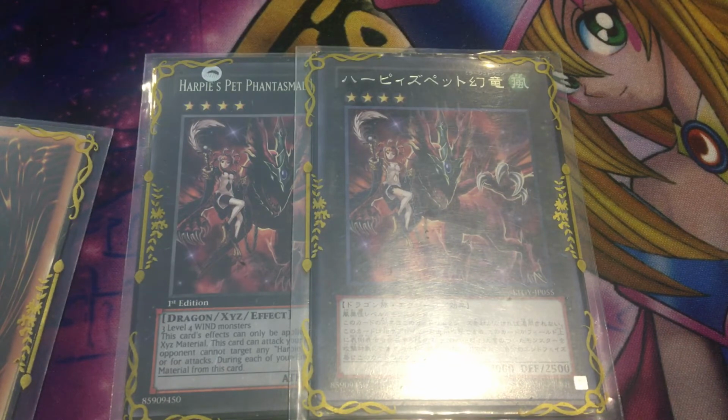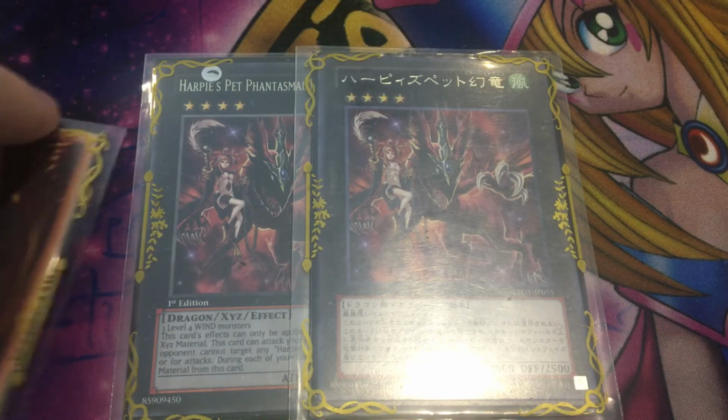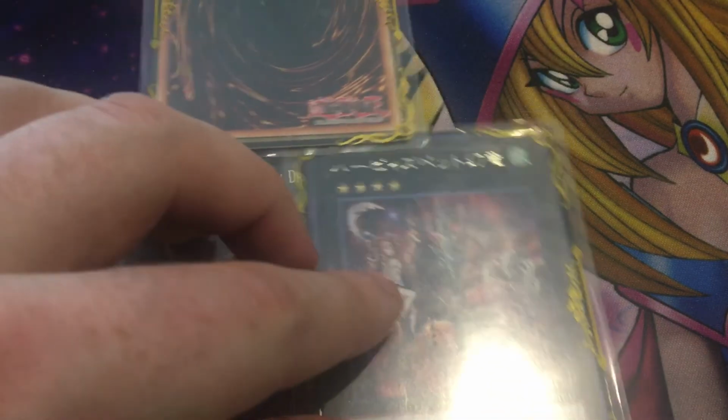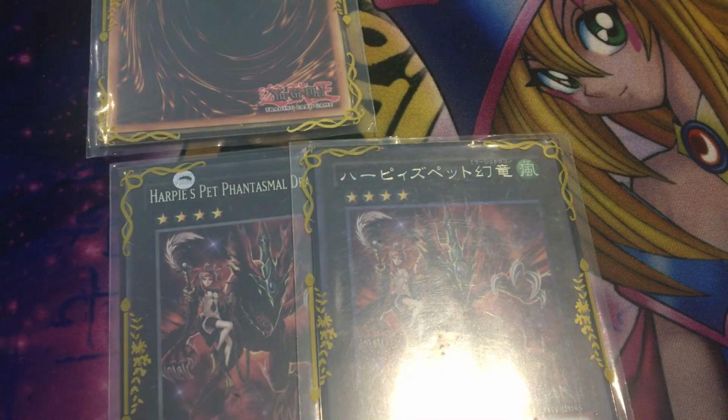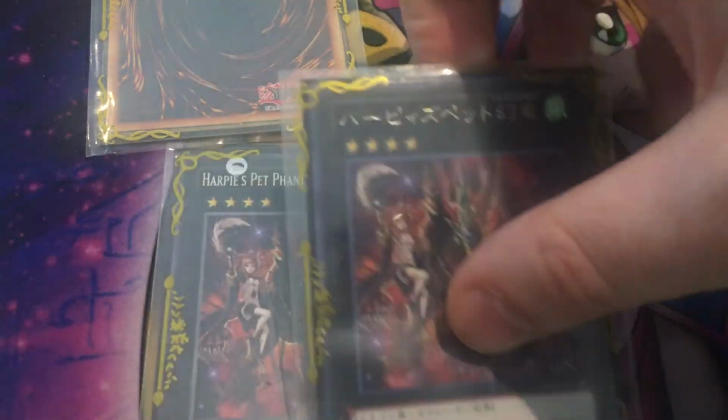So whilst he has an overlay unit, your opponent cannot target Harpy monsters you control with effects or attacks, and you can attack your opponent directly, and during each end phase you must attach one. So if you're able to get Pet Phantasmal and Conductor out on the field at the same time, which is not ridiculously hard to do, it's quite easy now considering how fast you can actually spam Harpies out on the